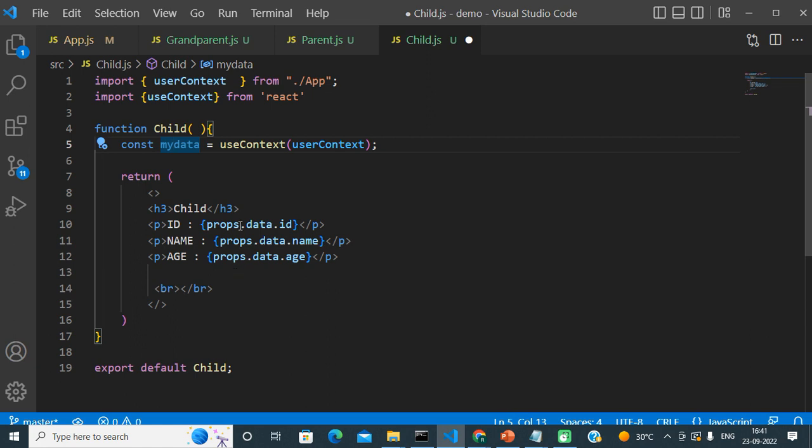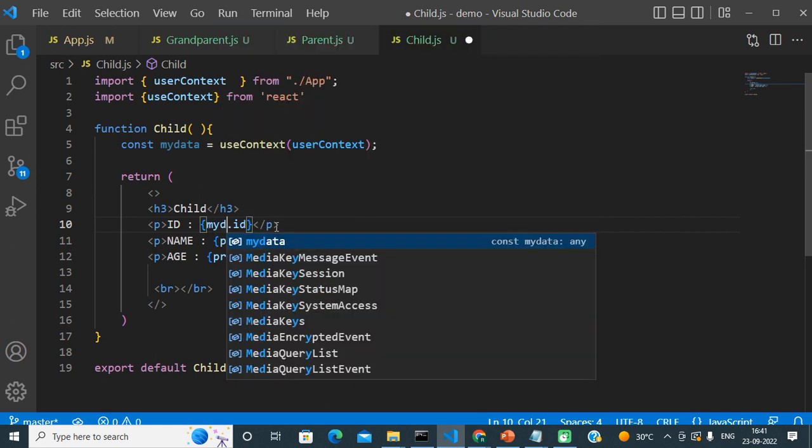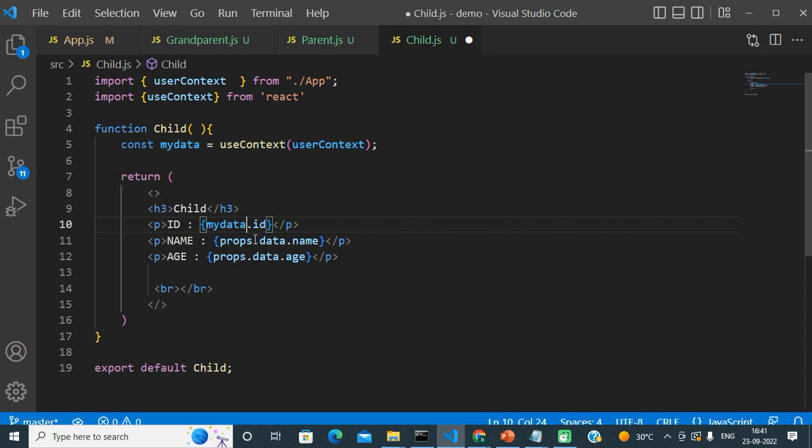So now if I just change this props.data to myData.id, myData.name and myData.age, then this is all done guys.